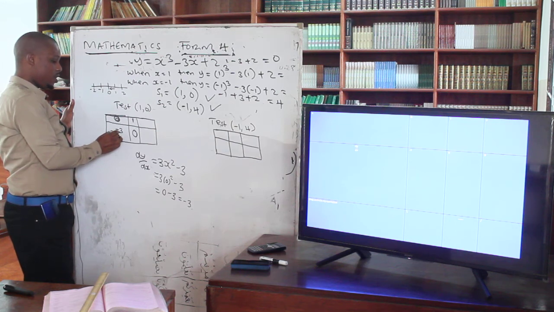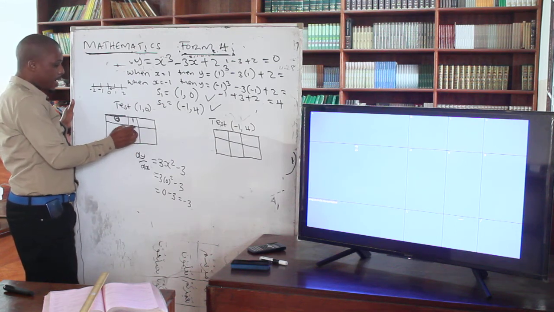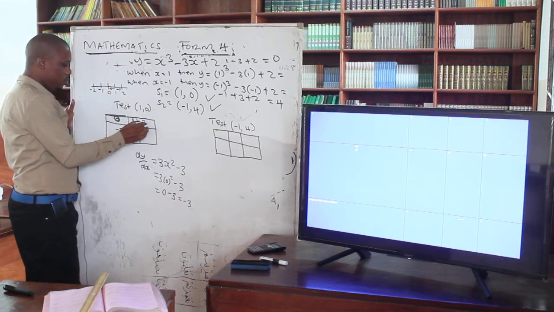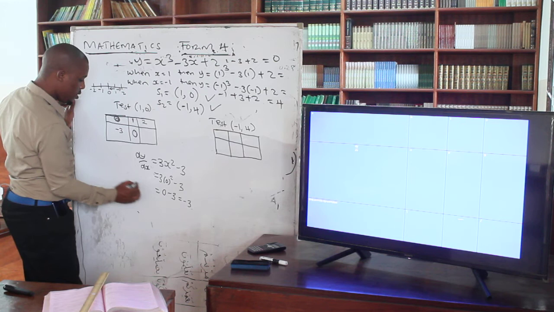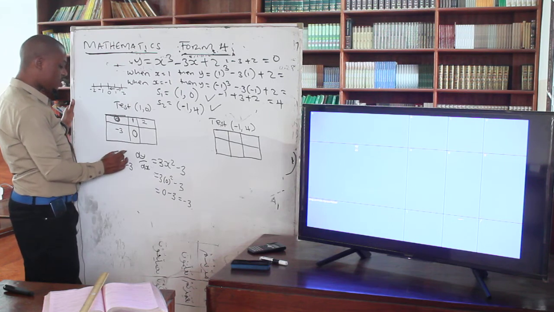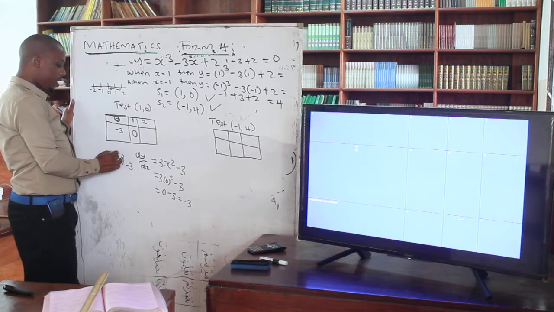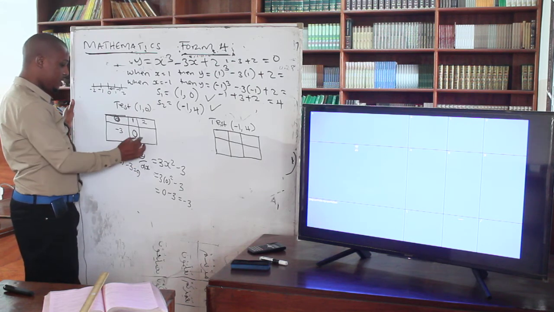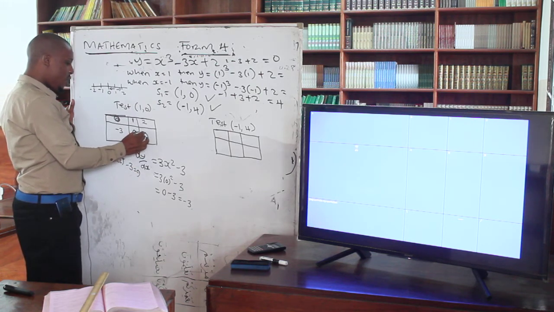Okay? Now I come here and again pick a point on the right hand side. That one is maybe going to be 2. Again I substitute. This one is going to be 3 multiplied by 2 squared, then minus 3. So 2 squared is 4, 4 times 3 is 12, and 12 minus 3 is 9. So with this, I can decide the nature of this point.